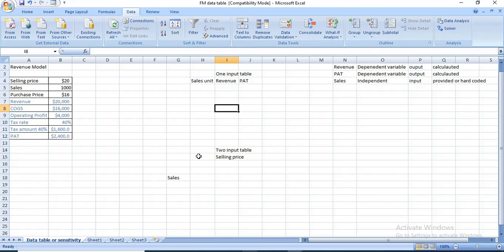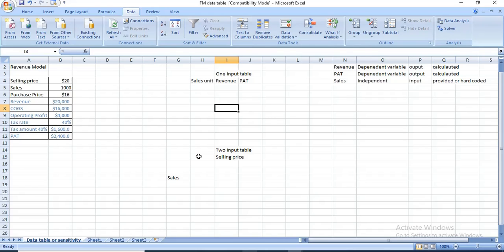Hello everyone. Today we will do the revenue model, and you can see the data table also, and it is also called sensitivity analysis. So let's see what is this and where do we need it. Actually, before knowing the solution, we should be knowing where do we actually need this kind of calculation which we